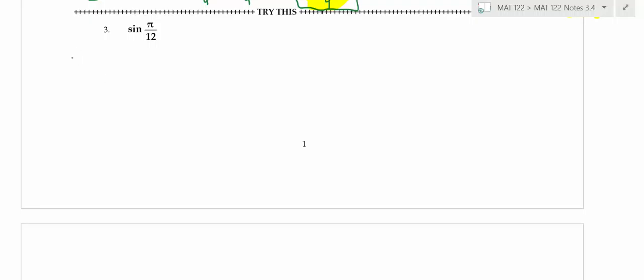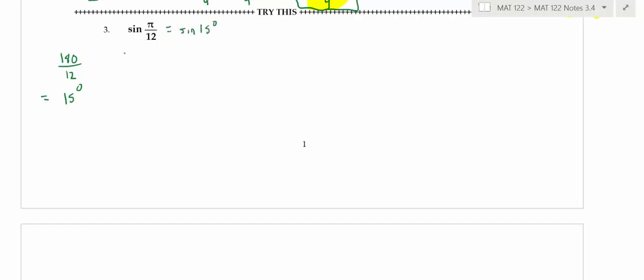All right, so the first thing that you want to look at is, if you do 180 divided by 12 on your calculator, that'll tell us that we are dealing with a 15-degree angle. Now, there's a couple of ways that you can handle this problem, and you may not do it the same way that I'm going to do it. So what I'm going to do is just start this by looking at this as the sine of 15